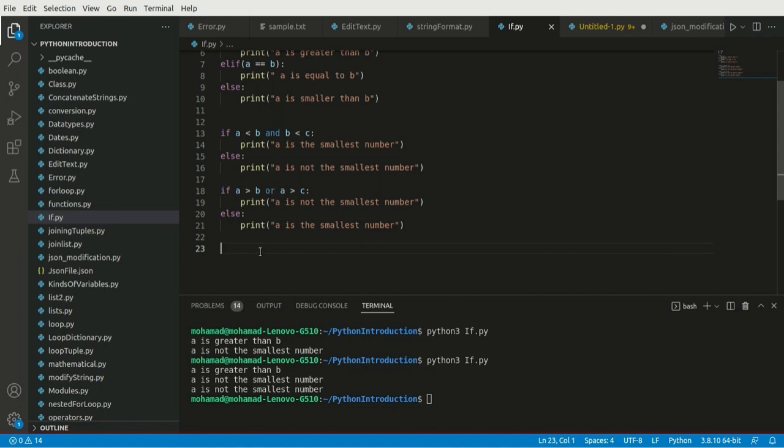Okay, so in the next part we're going to talk about nested loops, actually the nested if. We want to see if something happened, then we should do something else. You can say that it is nearly the same as using AND, but sometimes we want to do something if one of them is true and then do another thing if both of them are true. So for example, if A is greater than B,